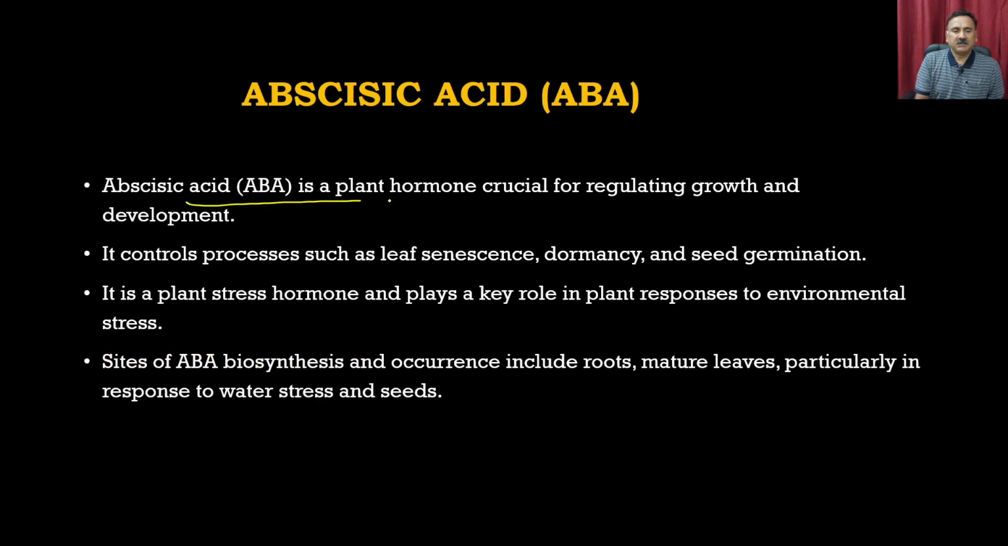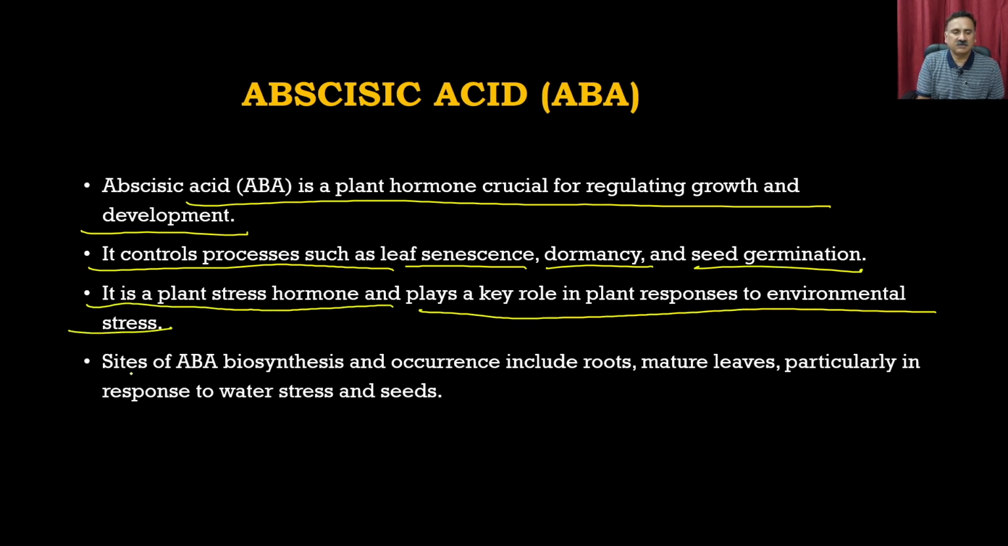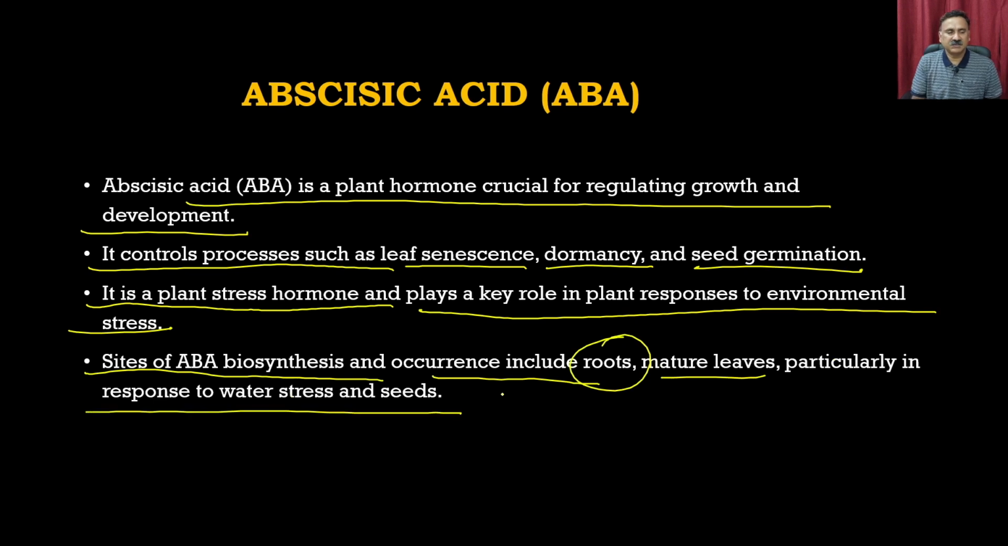So abscisic acid is a plant hormone crucial for regulating growth and development. It controls processes such as leaf senescence, dormancy, and seed germination. It is a plant stress hormone and plays a crucial role in plant responses to environmental stress. Sites of ABA biosynthesis and occurrence include the roots, mature leaves, particularly in response to water stress, and the